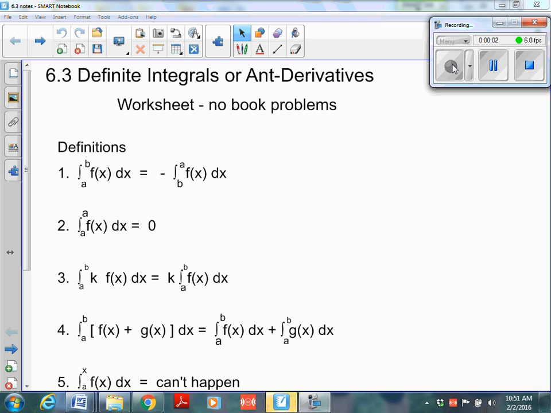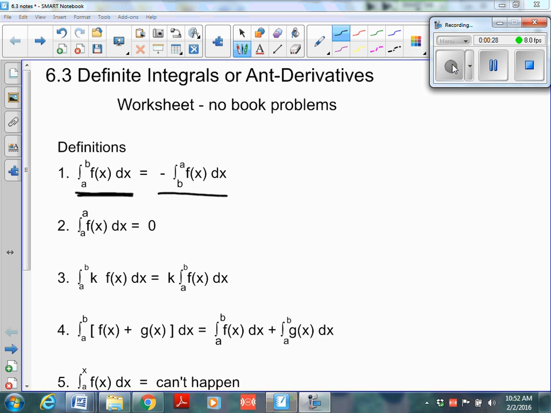Okay, today we're going to learn about 6.3. It's called definite integrals or antiderivatives. Forgot the I, so anti, sorry. We're going to do a worksheet instead of a book assignment. You can either follow along with my notes or you can write in your notebook. It's up to you. Okay, the first definition is if you're integrating from a to b of f of x dx,